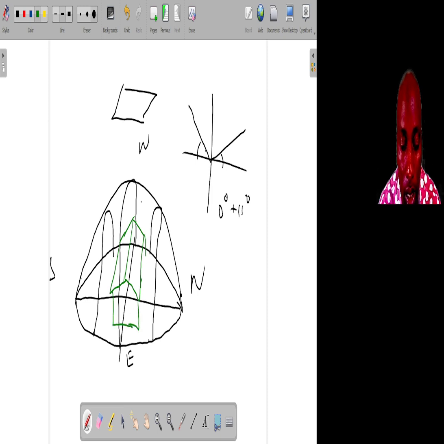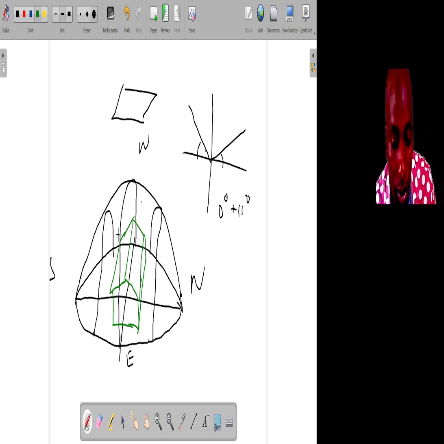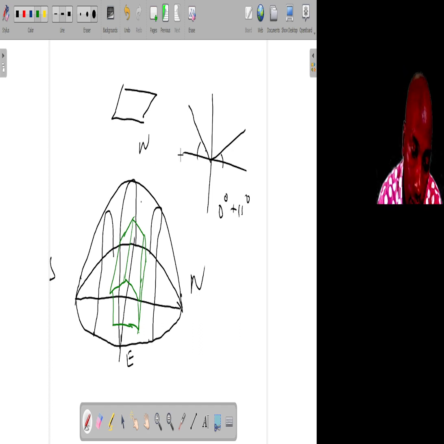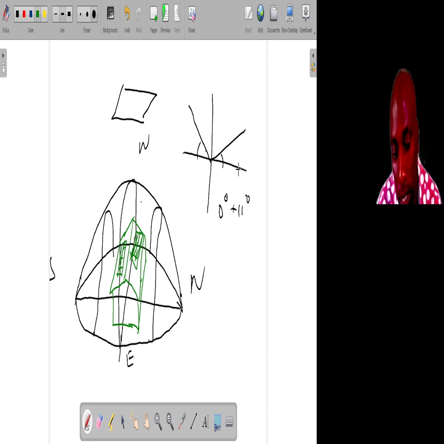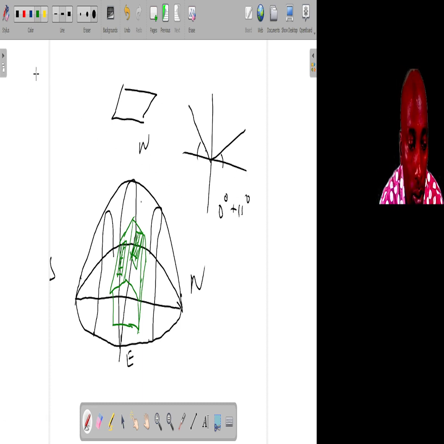If you give it an angle, you can either put them here or put them here. Now it will be dependent on which season you want to maximize. At which season do you want to maximize